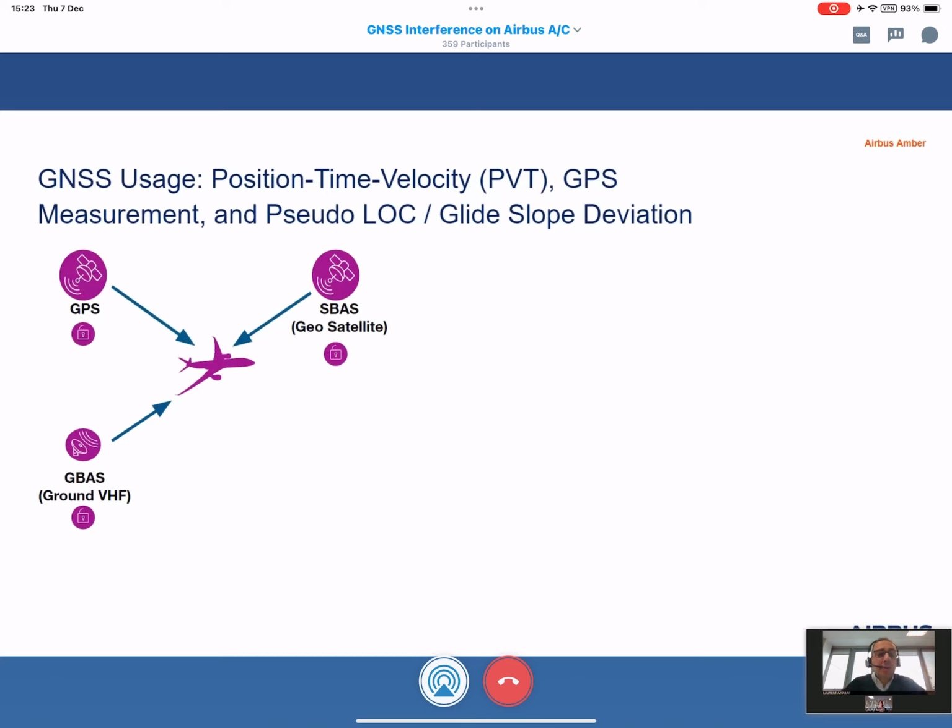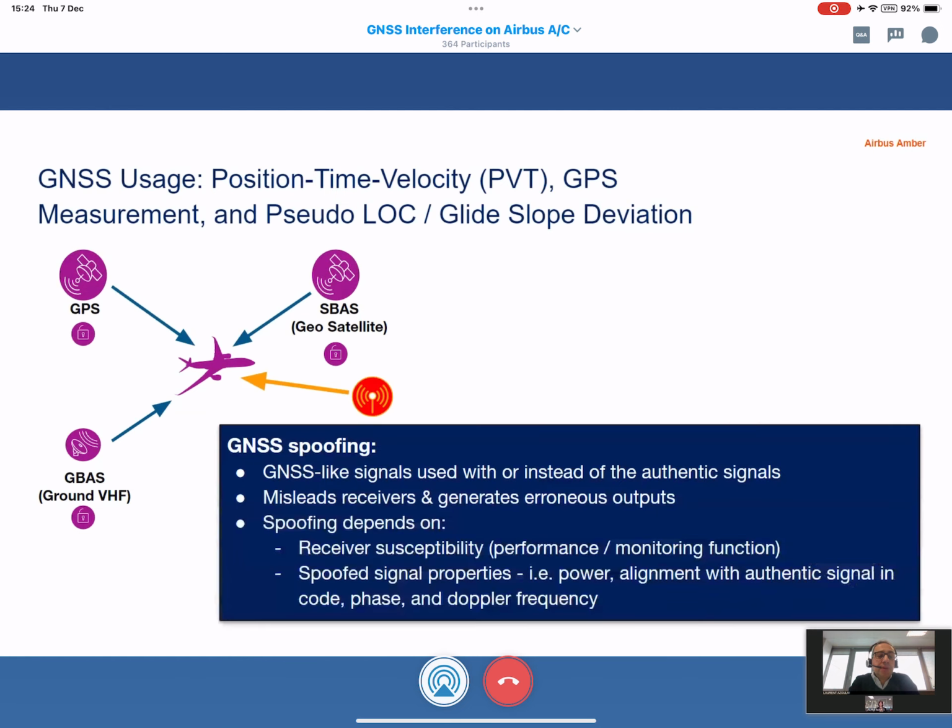So back to the basics. As you know, Airbus aircraft are fitted with two multimode receivers that embed a GPS receiver, and this GPS receiver is able to acquire and receive signals from GPS satellites, so the US GPS satnav constellation. Also augmentation from the geostationary satellite to have an augmented position on GPS to perform the SLS function, and also GBAS capability that relies on a GBAS ground station at the airport to provide the GLS function. The GBAS station provides corrections for augmentation through a VHF data link.